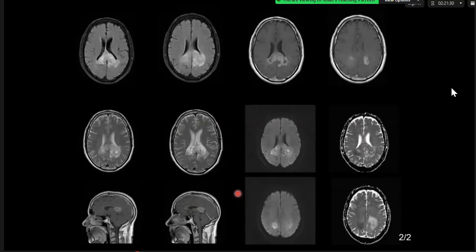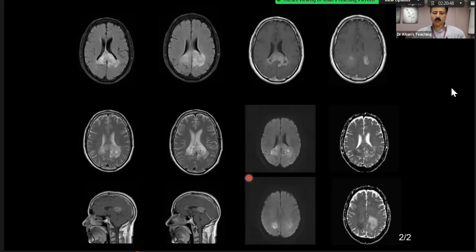There is a high intensity signal lesion which is crossing the midline and involving the splenium. There is no evidence of any hydrocephalus or any intraparenchymal hemorrhage. On the basis of these findings, which show restricted diffusion on diffusion weighted imaging with ADC mapping, my first differential is GBM, glioblastoma multiforme, and second is lymphoma.